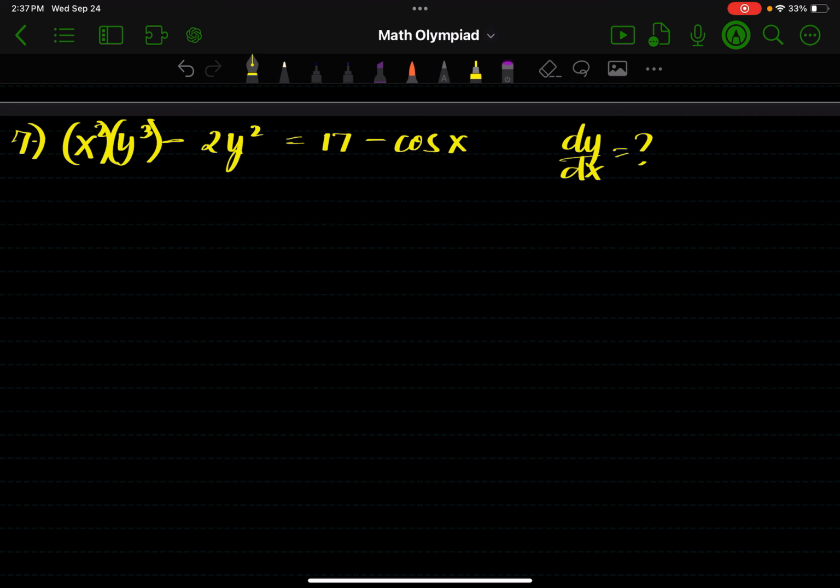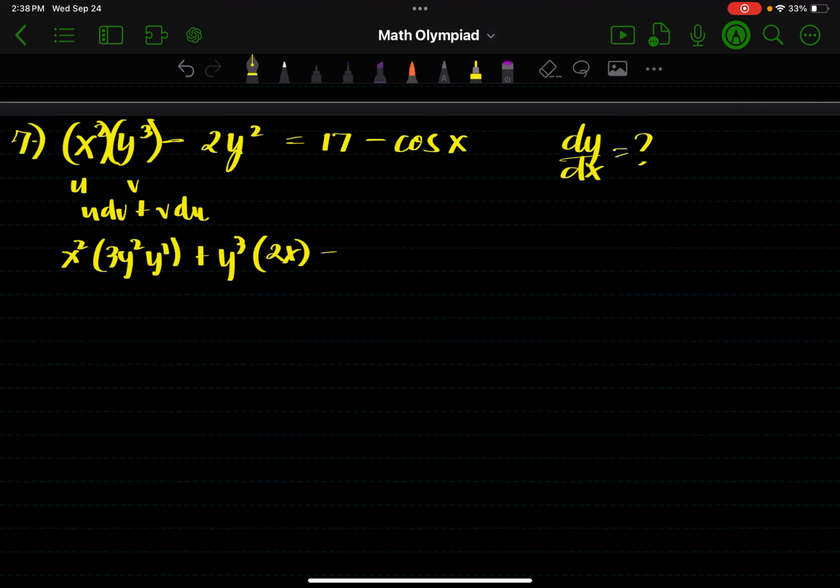The x squared will be the u, y cubed will be the v, and applying the product rule, u dv plus v du. So copy u, the x squared, times the derivative of v, which is 3y squared y prime, plus copy v, y cubed, times the derivative of u, which is 2x,